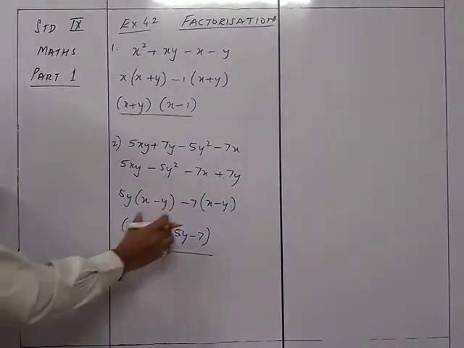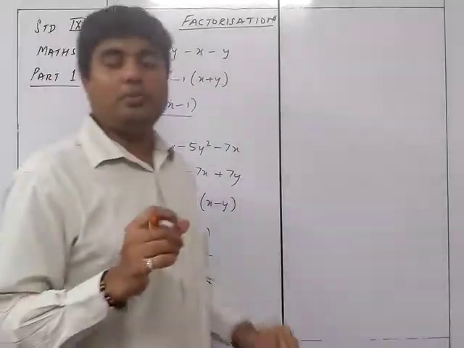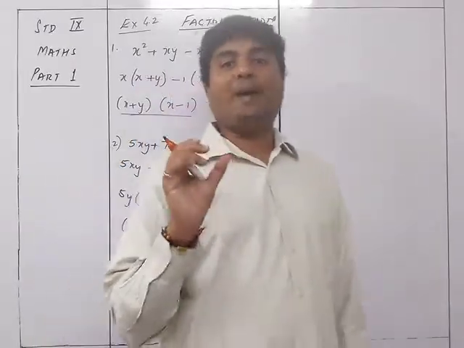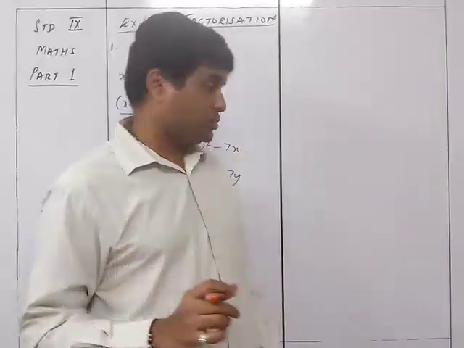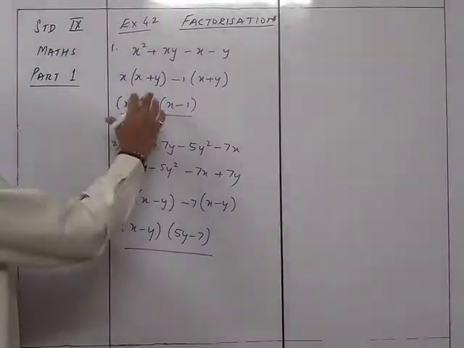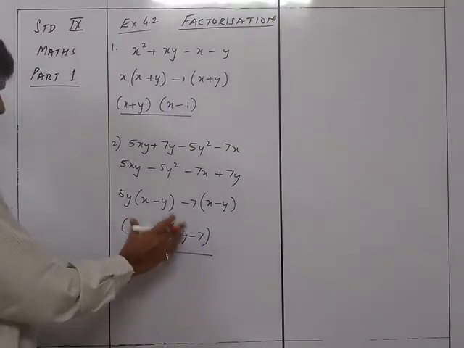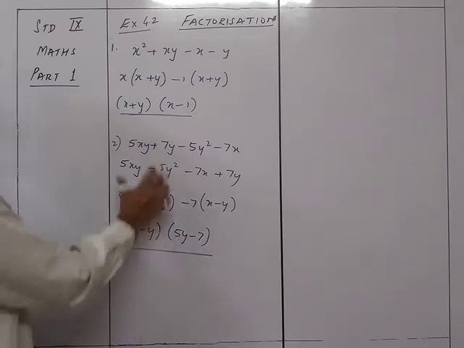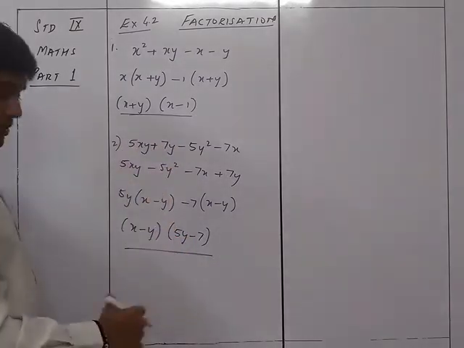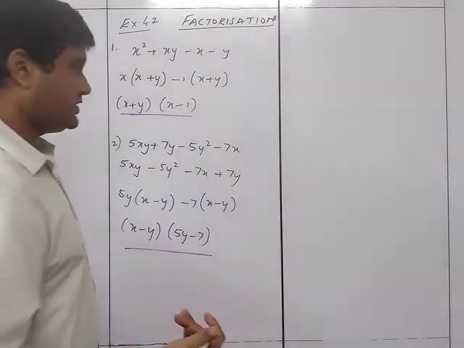You can see now the answers are always in multiplication in such a way that two binomials are multiplied to each other. So how will the binomial to binomial multiplication come? You will always find that when you do the actual multiplication of these two, you get the same answer over here. So that's the cross checking, if you want to do it, you can.